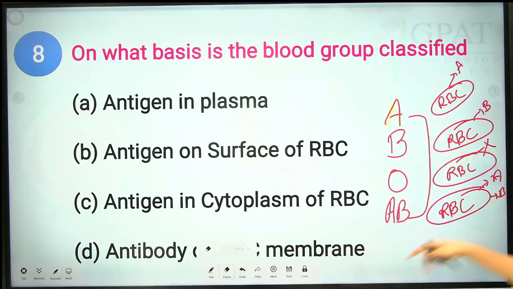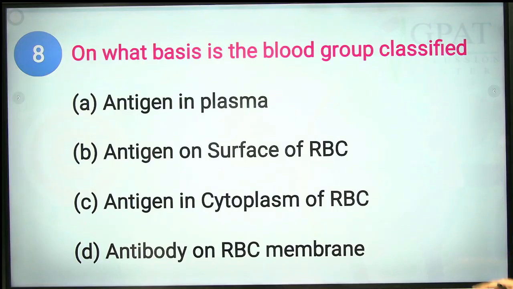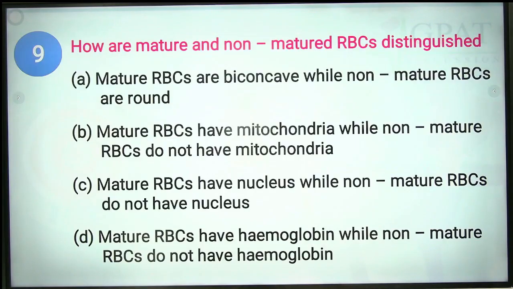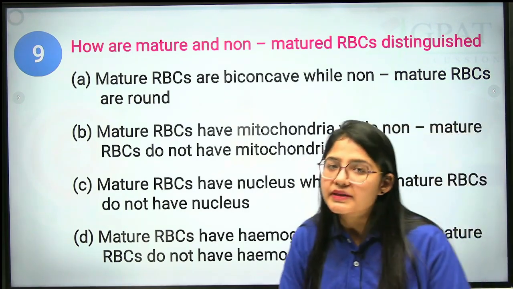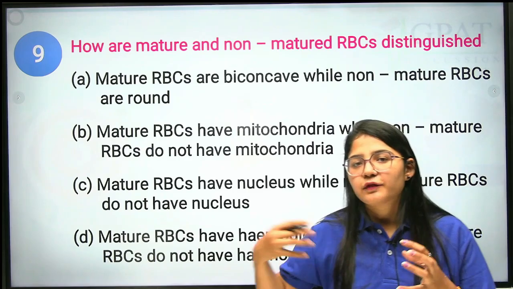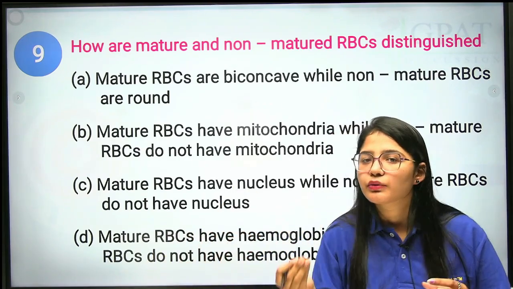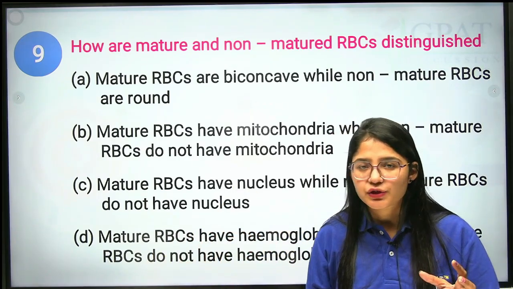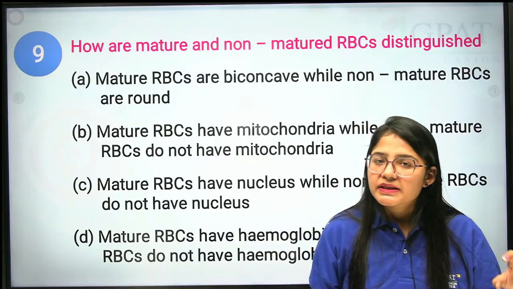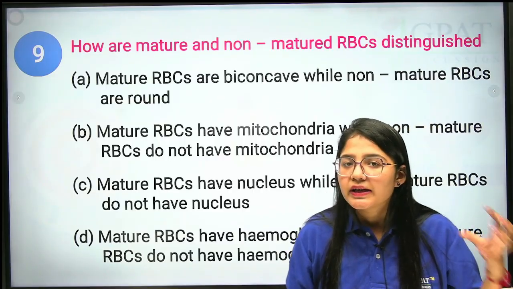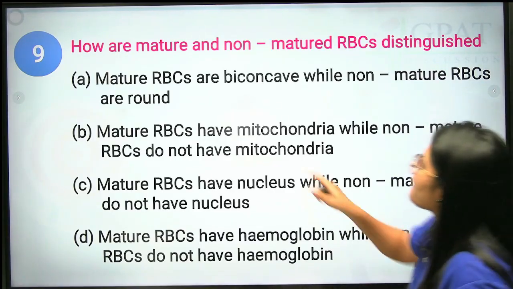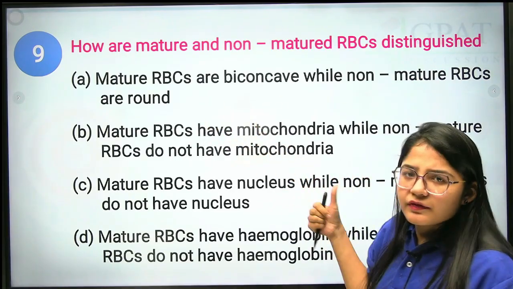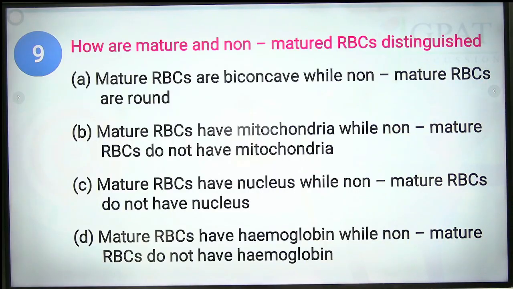Clear? Okay. Next question. How are mature and non-mature RBCs distinguished? Okay. Once our RBCs are fully matured, they lack a nucleus. Clear? This is the main thing which we should know. And when the RBC is in the premature stage, it contains the nucleus, that is your genetic information. So see, mature RBCs are biconcave, yes, while non-mature RBCs are round, we can